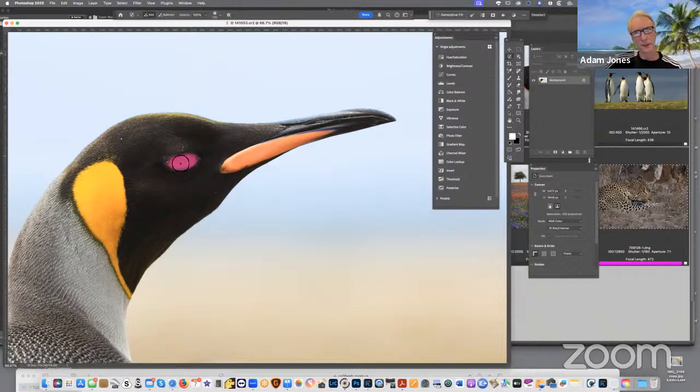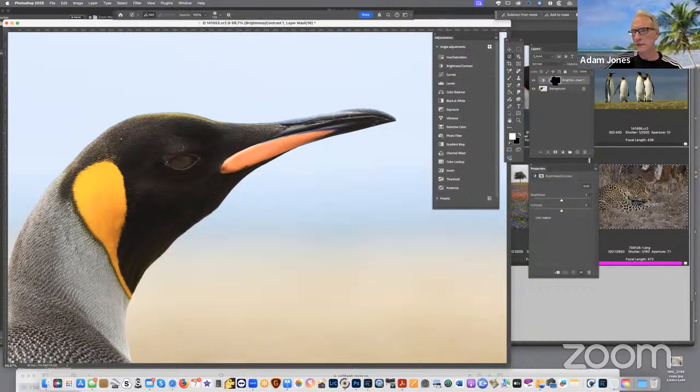So we have this painted in. I just want to do brightness and contrast to this eyeball. So I'm going to click this and look how slick that works. Now we have a brightness contrast adjustment layer with a mask that's only going to allow it to adjust what we painted. So I can fix that eyeball,